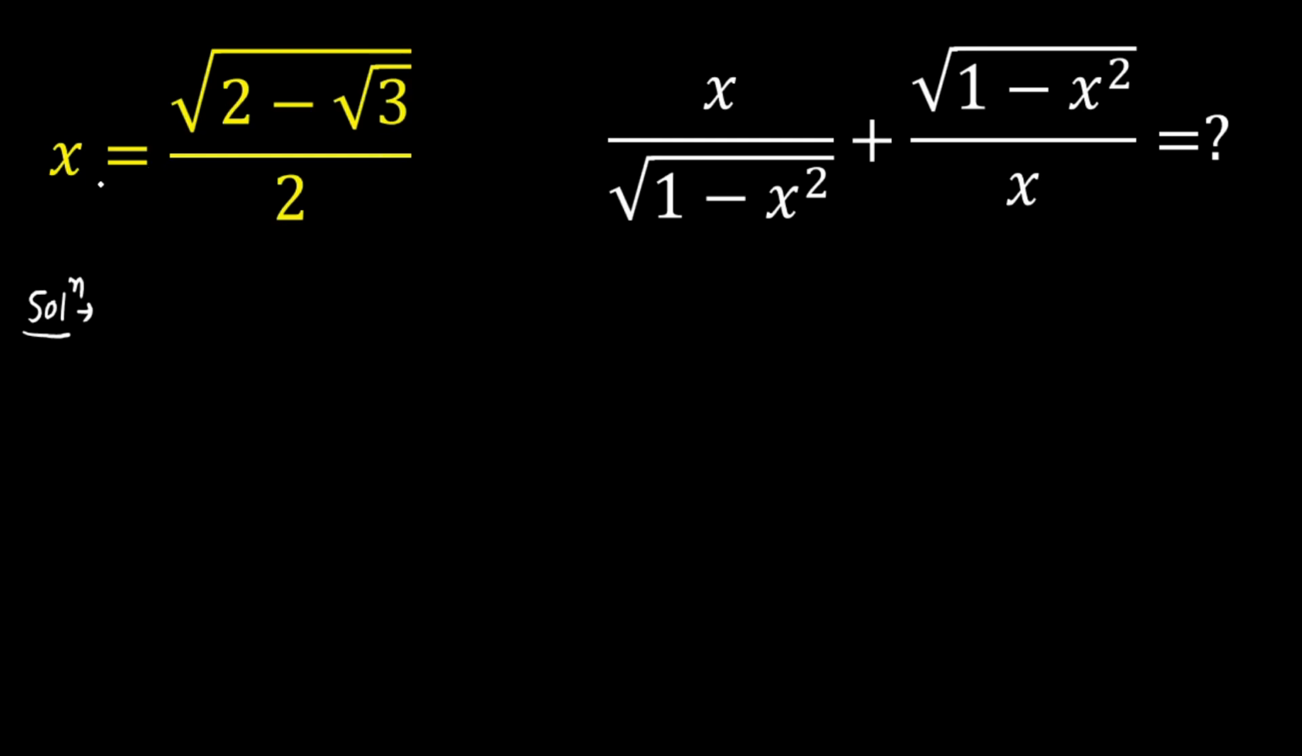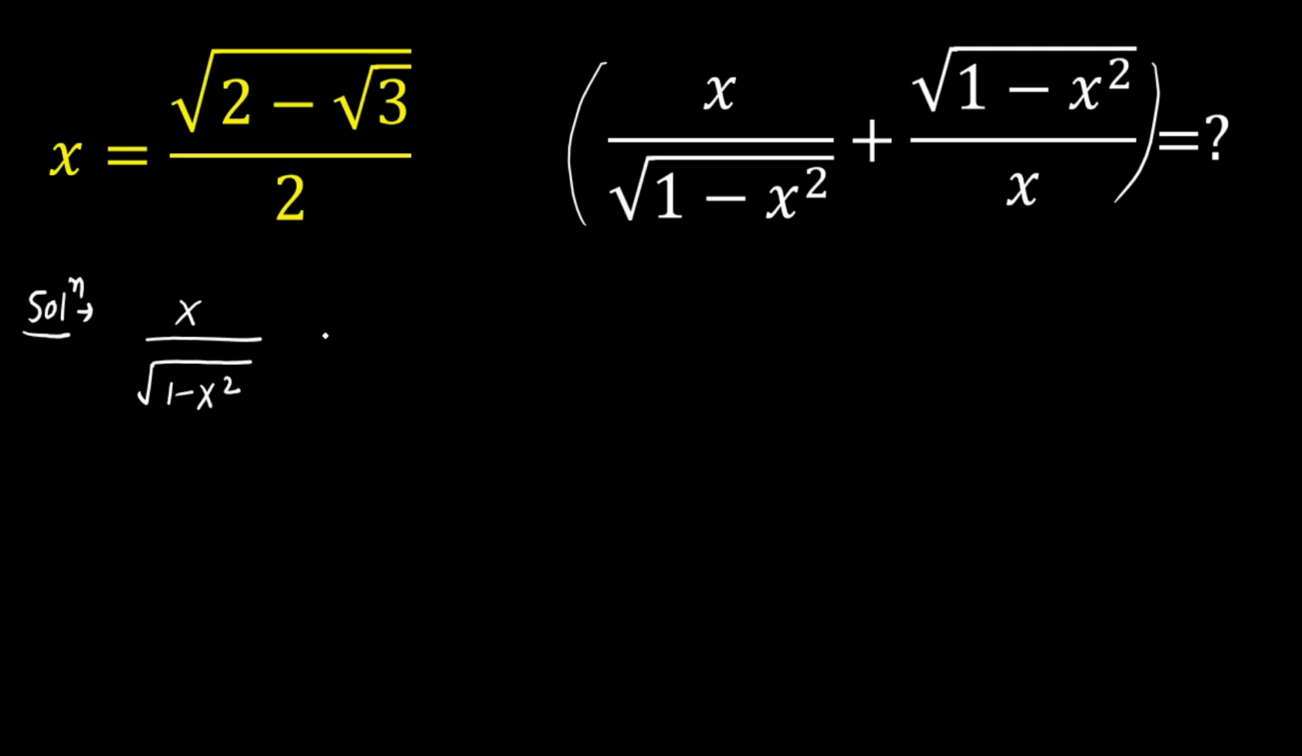Hello students, in this video we are going to solve x equals square root of 2 minus square root of 3, divided by 2, and here we will find the value of this expression, that is x divided by square root of 1 minus x square plus square root of 1 minus x square divided by x. Here first we will simplify this expression, that is x divided by square root of 1 minus x square